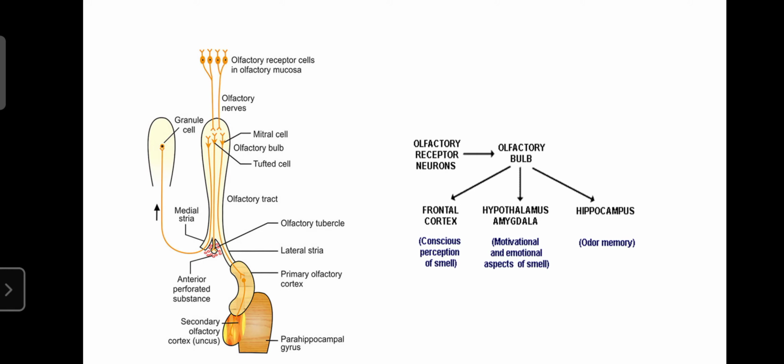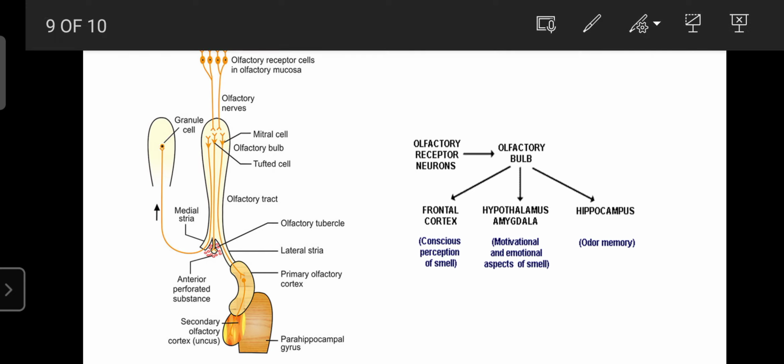So regarding the physiology of smell, dear students, the external parts of the nose have a special type of receptors. Those receptors are known as the olfactory receptor cells. They are present in the mucosal membrane or olfactory mucosa that is enclosed in the nose. Okay, so when we take in a smell, the cells present in the nose are activated.